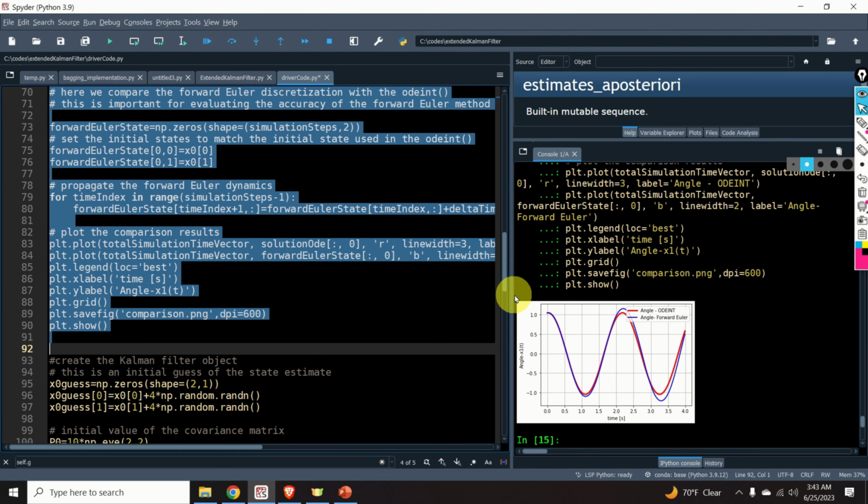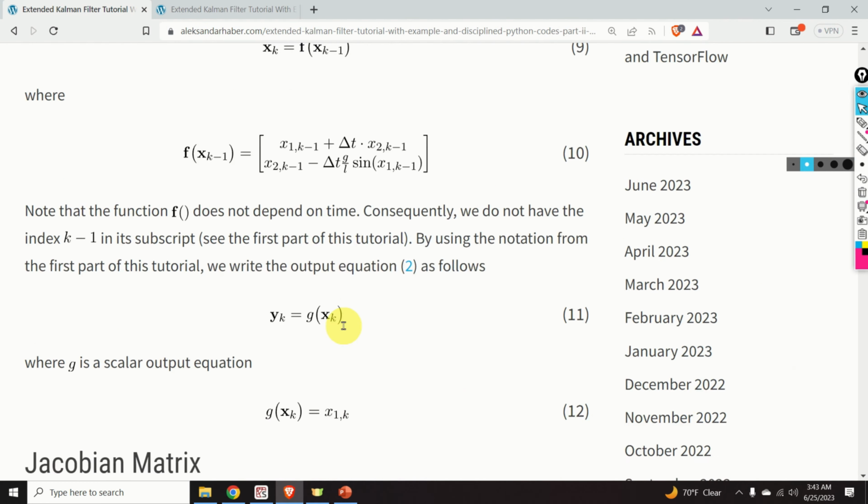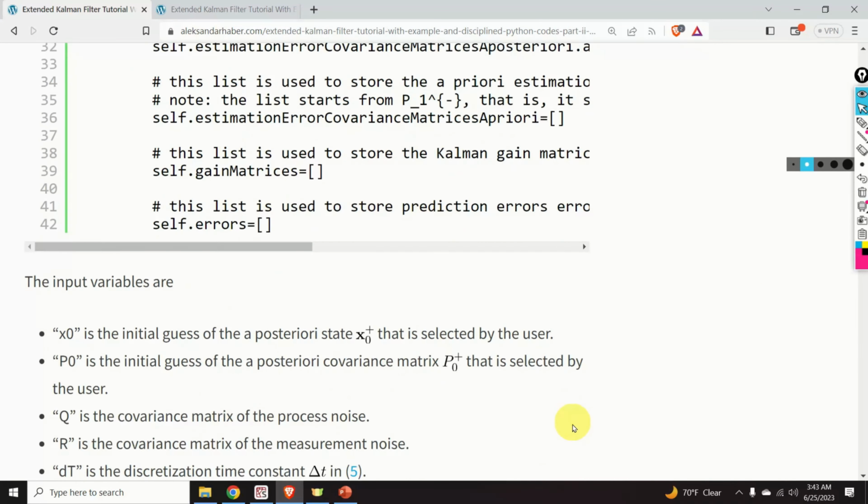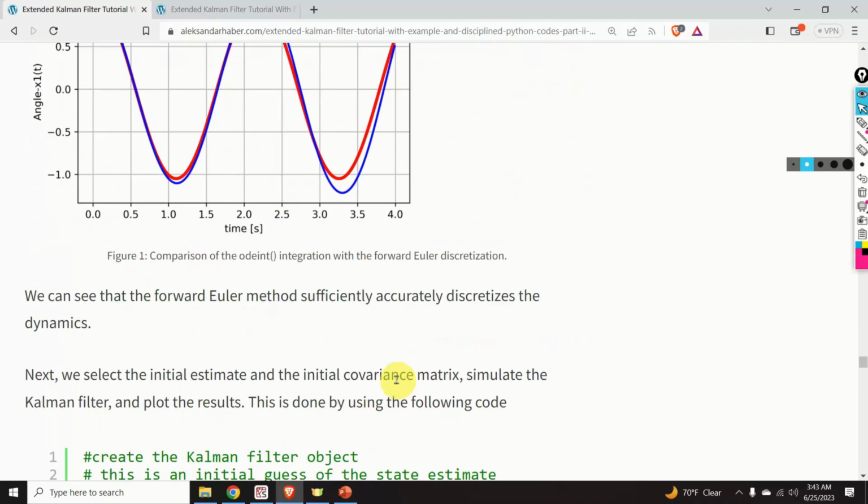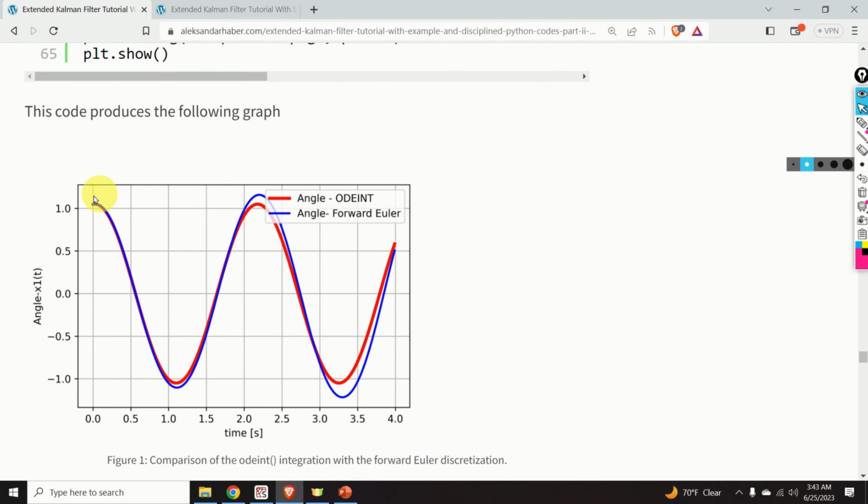Here it is, here are the results. And in this tutorial I can show these results on a larger screen and using a slightly better resolution. So here's the angle x1, that is theta, computed by using the ODE int method, that's the red line. And the red line represents the true dynamics, that is the true angle theta. And the blue line represents the discretization of our dynamics, that is the discretized theta by using the forward Euler